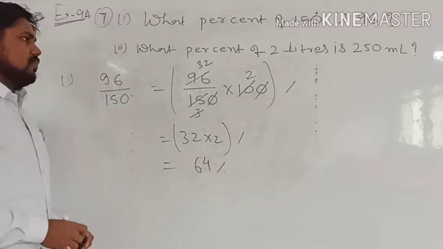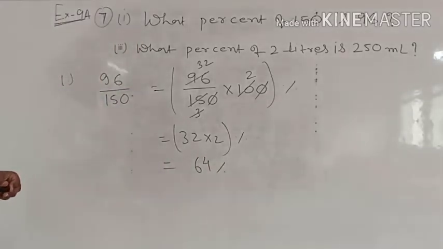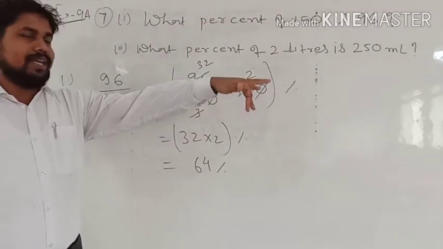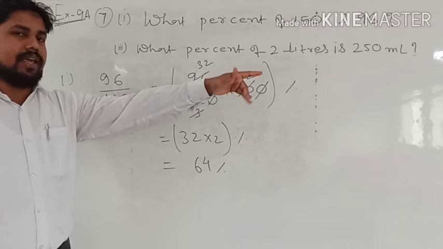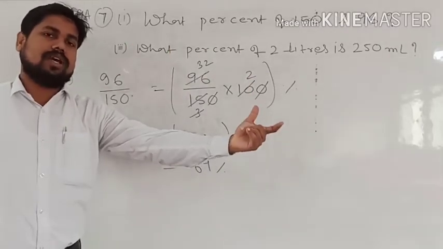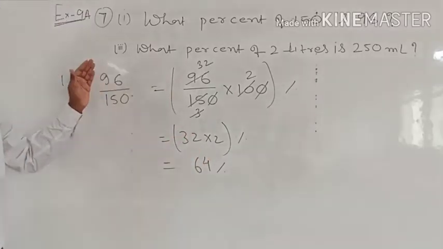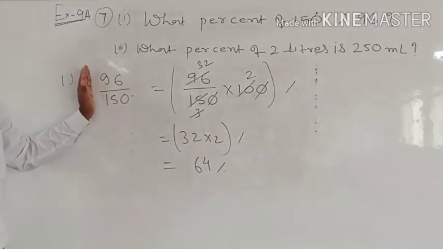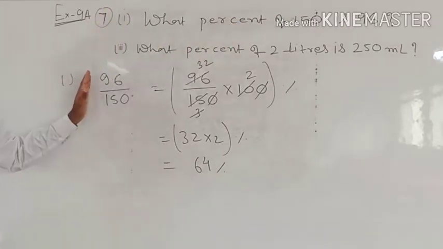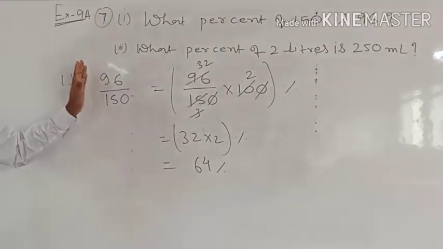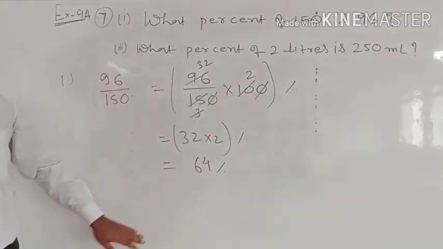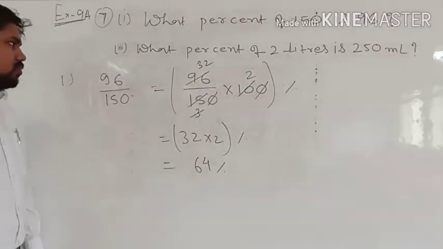Okay. So this is how very simply, if a question is given like this, what percent of a whole is 96 or any number, a whole is given and along with it a number is given, that number is how much of that whole. So first we will write that as a fractional number. You can say it is given as a ratio, we first wrote it as a fraction, and after writing the fractional number we converted it into the percentage by multiplying with 100. So very simply this type of questions you can solve.